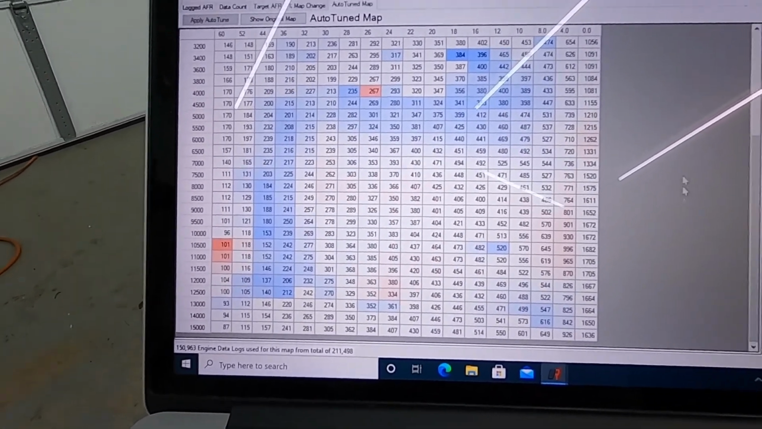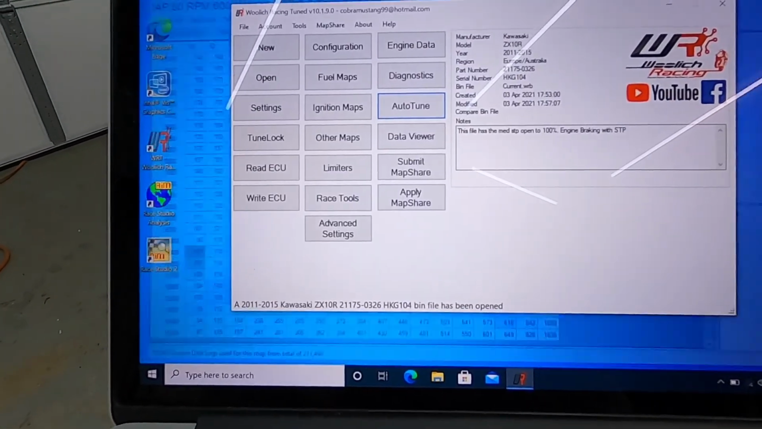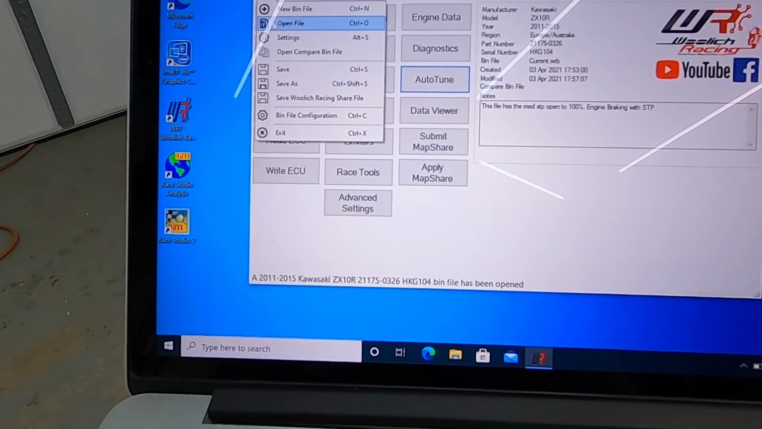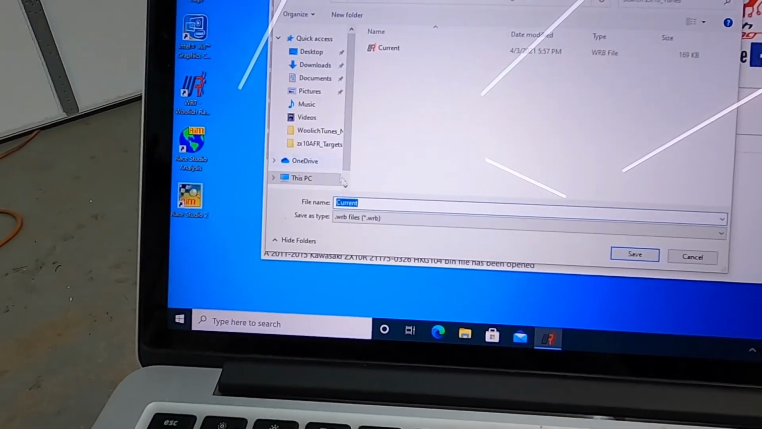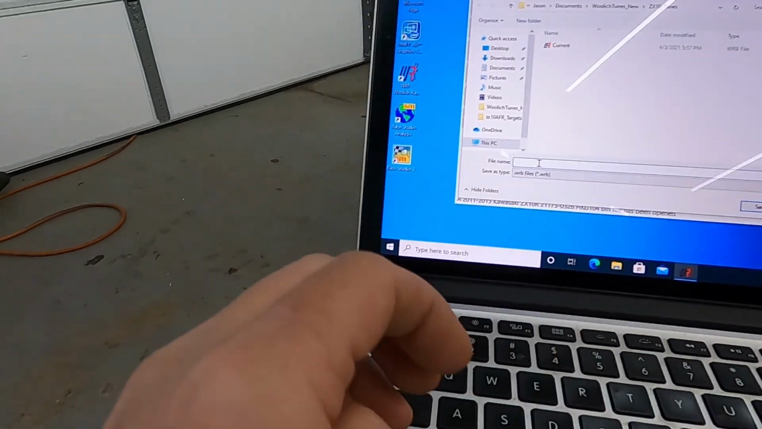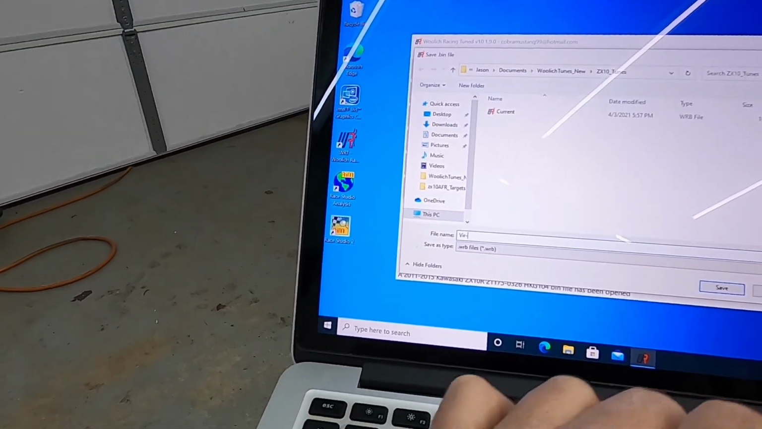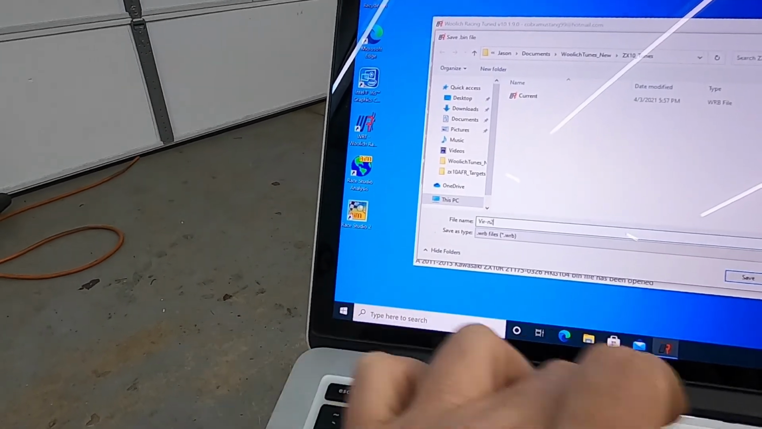I may look at this later, but I'm pretty comfortable with the changes. This is what I see. Now I will do a file, save as. I will name this something I recognize, VIR North